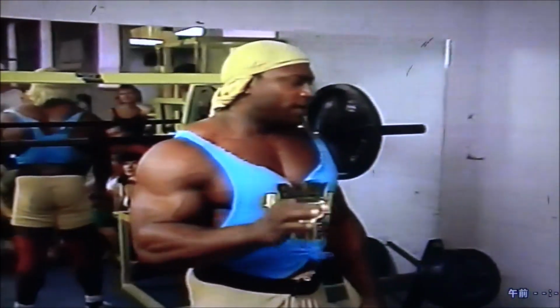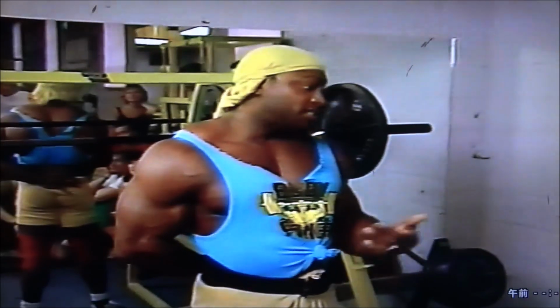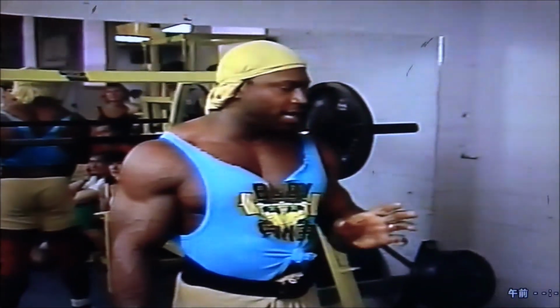Why do some people stand with the board underneath their heels? By using the board, I feel that is incorrect form. A lot of people say, well, I have pain in the lower back. That's why I use the board. Is it cheating? It's cheating. It's almost like leaning forward, which is not going to alleviate the problem. What you need to do is lower the weight, start off from the beginning, fresh, clean, learn to use the